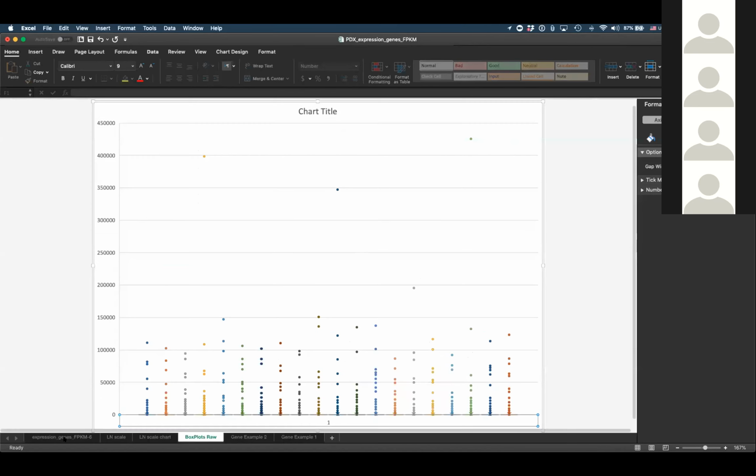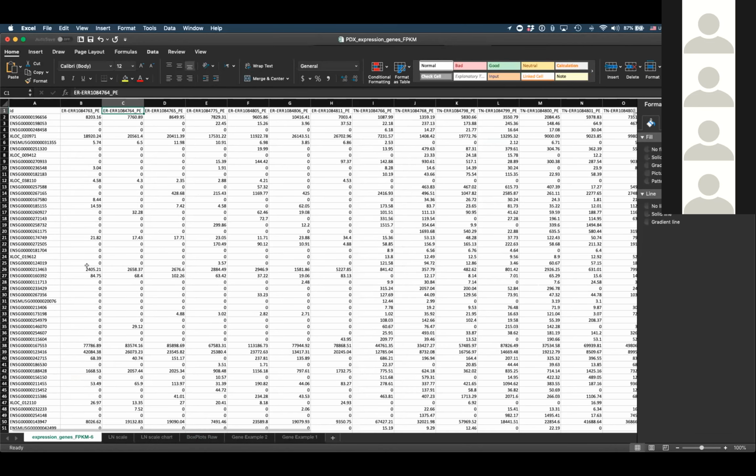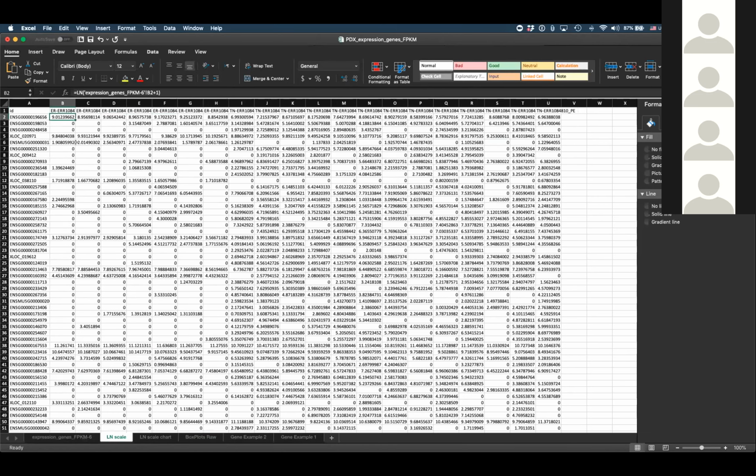at that data. So this was our original expression table. Here we converted it manually to logarithmic scale. How did we do it? We just took the original value, logarithm, and +1. Why? Because logarithm of 1 is 0, so actually it doesn't change anything. So we did this transformation manually so that we can create a box plot